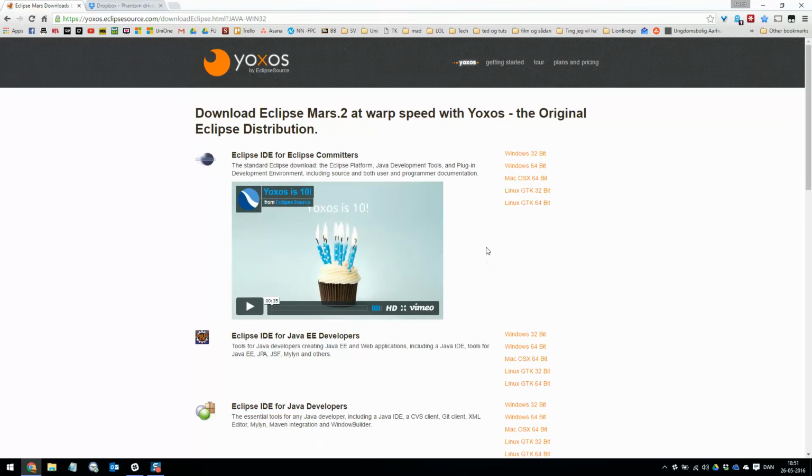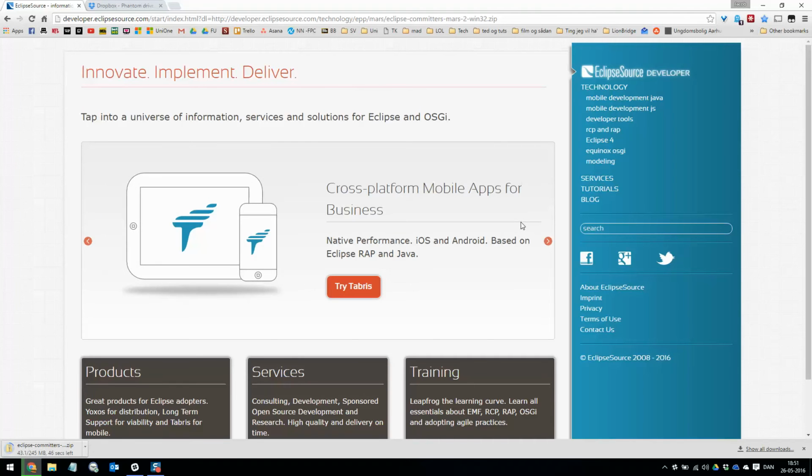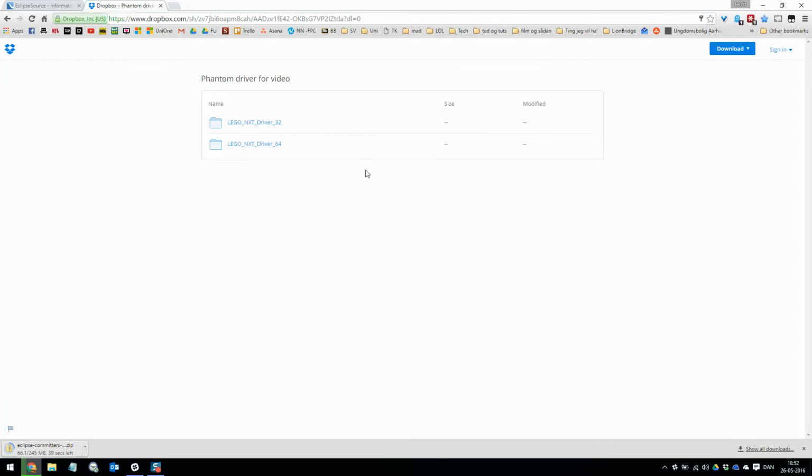So let's get the software downloaded. As you can see here, I'm going to the Eclipse website to download the Eclipse package. We need to get the Eclipse 32-bit version, and the upside here is that we can download a folder from which we can run it. This means that we don't need to install the Eclipse 32-bit, and you can thus keep your 64-bit IDE without corrupting it with a 32-bit installation.